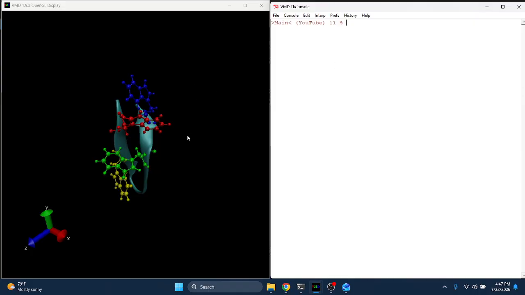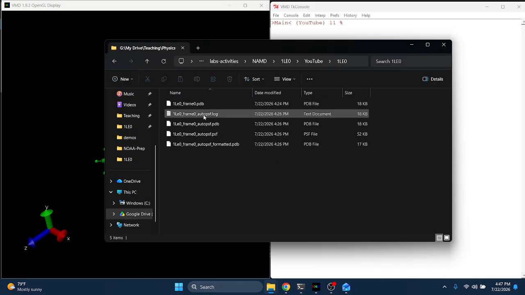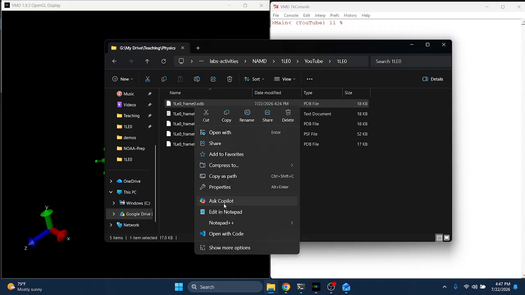Okay, so we have this 1Le0 beta hairpin peptide, and it has 4 tryptophan amino acids that are responsible for its folding into a beta hairpin. And just to demonstrate where these tryptophans are, I'm going to open the PDB file,